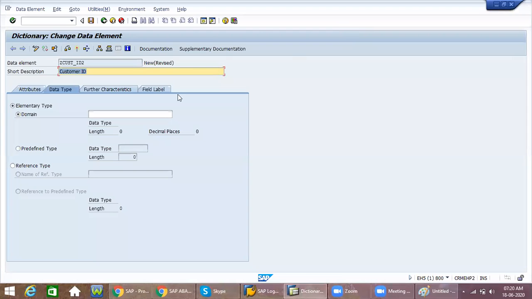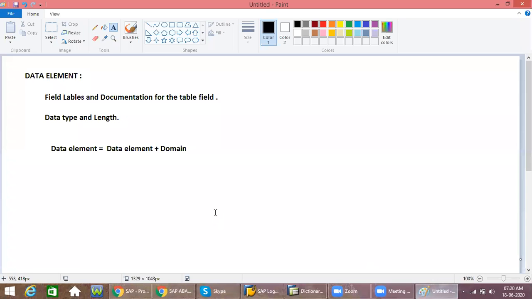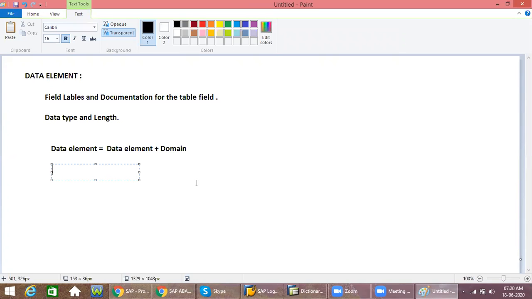Now this data type, here one radio button is there, right? This radio button domain, if you select this radio button domain under the elementary type, see here one more question is we can create the data element two ways.